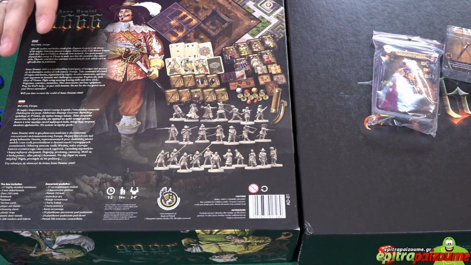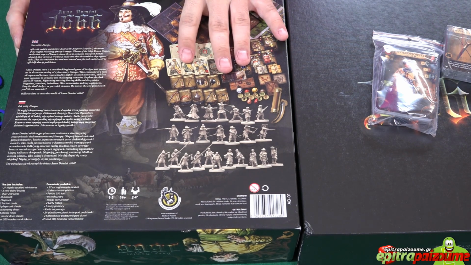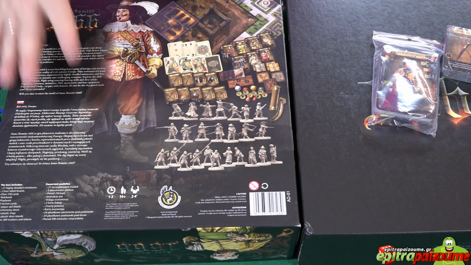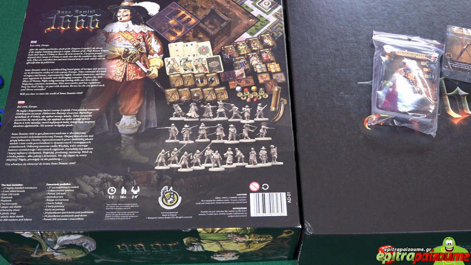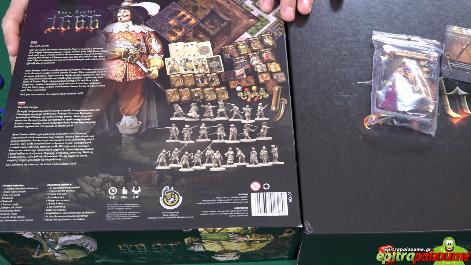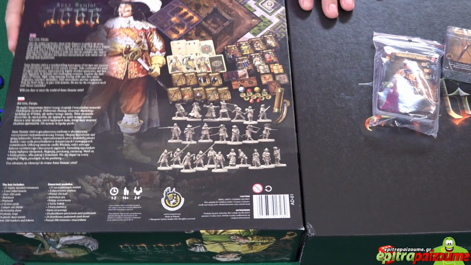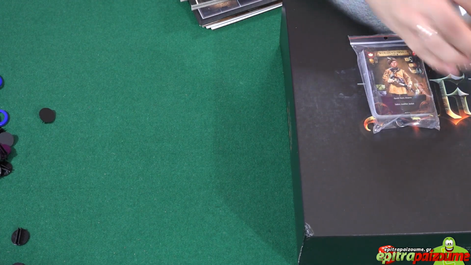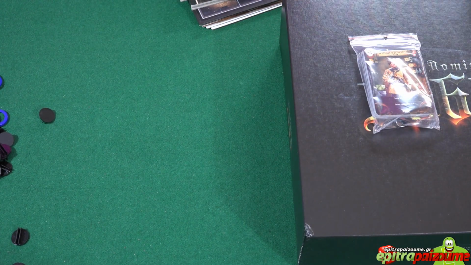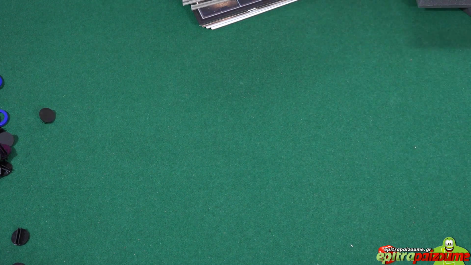Now, this is the back of the box. Again, it's using historical events, coming from a real period in history, the events around Eastern Central Europe in the 17th century, but it's building on that and adding more stuff to the mix. So I'm taking the box out for the moment because I want to remove any possibility of glare from the light, and I want to focus on